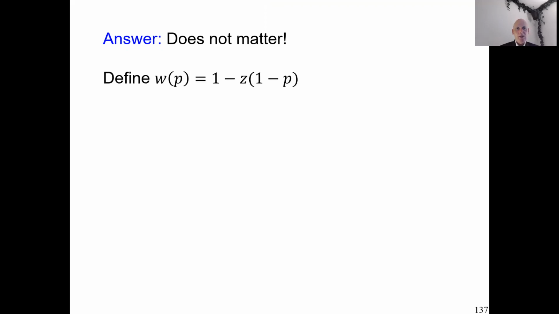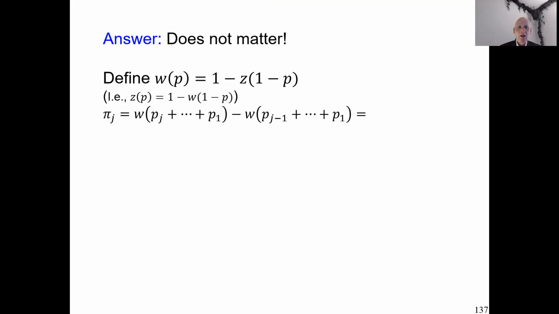Now I'm going to define my w function as, we call that the dual of the z function. So w(p) is 1 minus the z of 1 minus p. Then it can be seen that also z is the dual of w, but okay, we believe it, we want to go on. Now, here is the decision weight that I claim we should use, and let me rewrite it